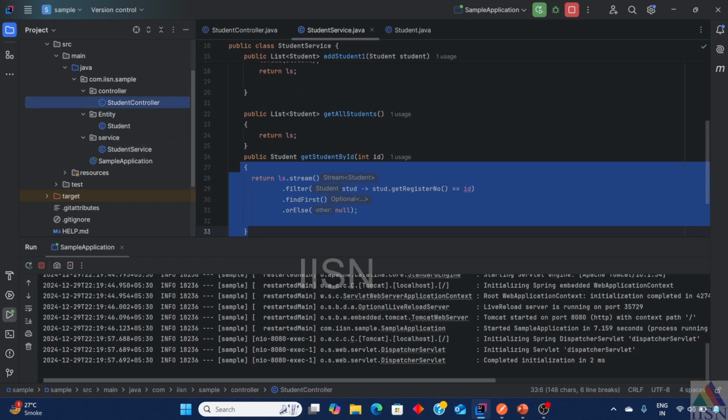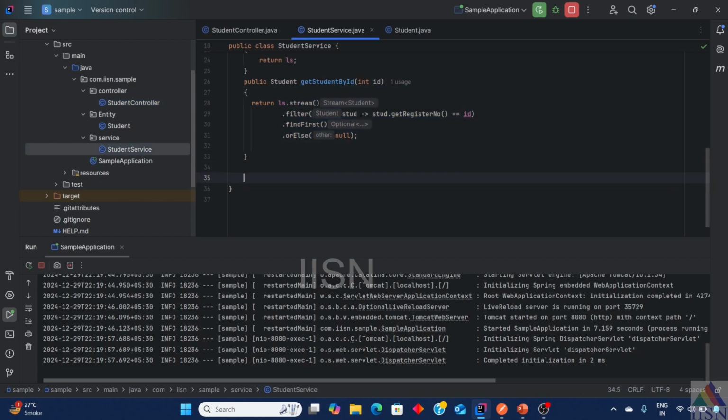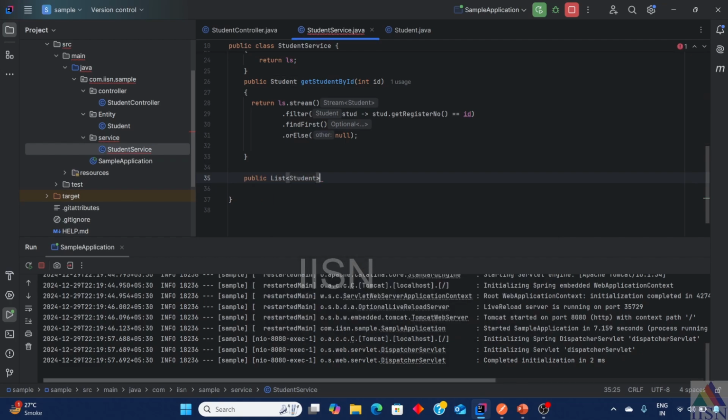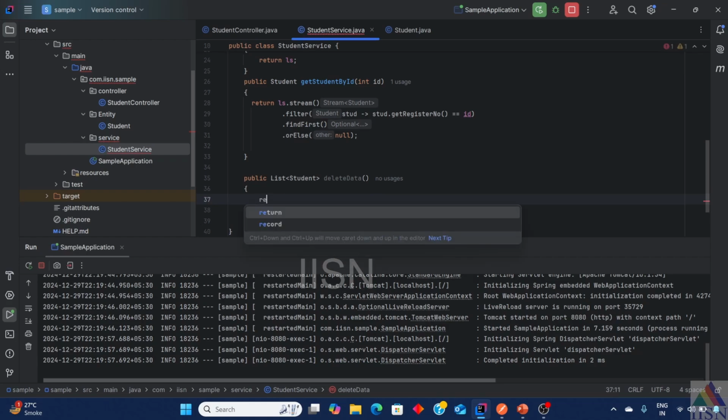Now we are going to perform the delete operation. First we are going to write the logic in the services class. This delete operation is going to return the list of students. Why? Because once this data is deleted, we need to know what remaining data is present over there. So I'm just going to create a method named delete data. Now here we are going to return